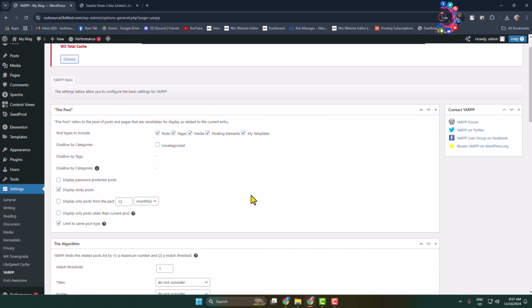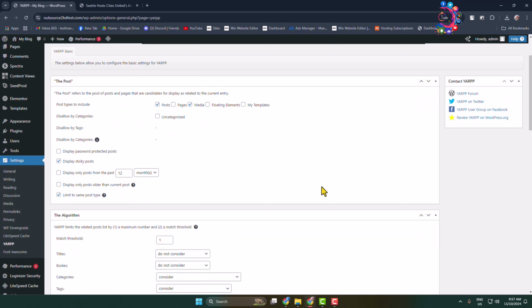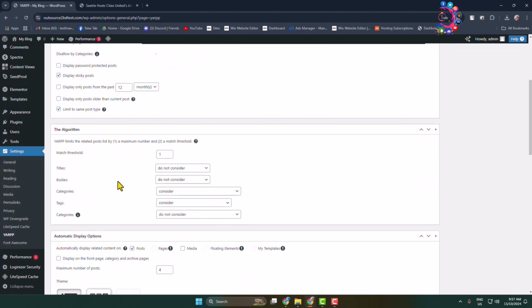Here we can see post types to include. I'm selecting only post and media and unchecking these three options, and display, and here these allow by categories. If you don't want to show uncategorized posts, then you have to check this option. And now I'm selecting display sticky notes and display only posts from the past. You can select a date here. I'm selecting 12 months and scroll down,